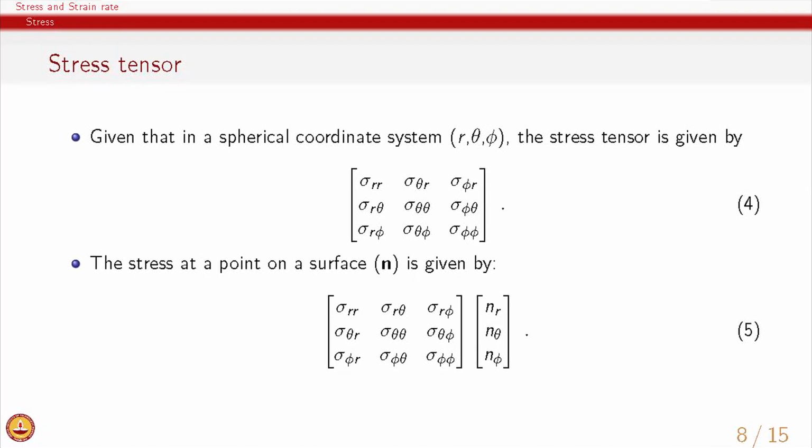And of course, to find stress at any given point, what we need to do is to multiply the stress tensor with the unit normal vector, and since now we are describing the unit normal using a spherical coordinate, we have 3 components of it, n r which is in the r direction, n theta which is in the theta direction, and n phi which is in the phi direction. So, using this operation we will be able to find the stress at a point on a surface given by n,